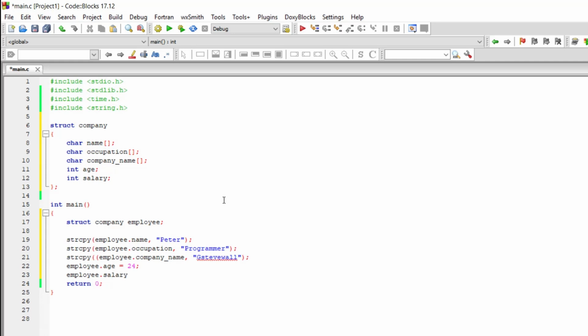So employee.salary is equal to $1,000. Go ahead and put a semicolon at the end. Now we have been able to assign name, occupation, company name, age, and salary to this employee called Peter. Now to be able to print these out, go ahead and say